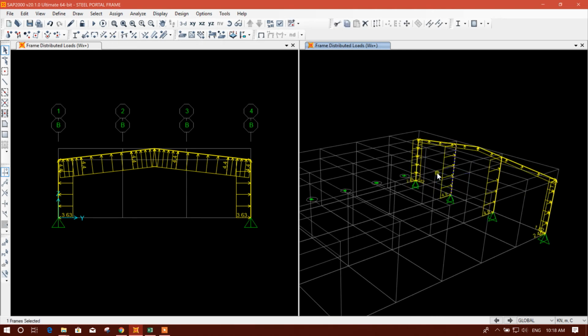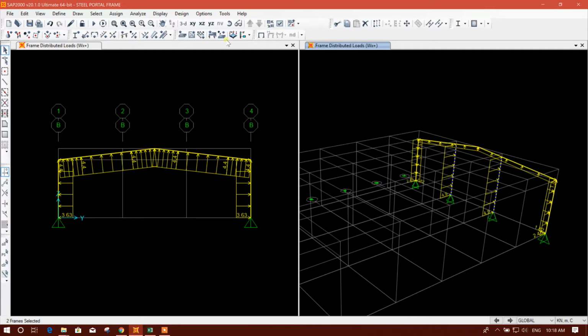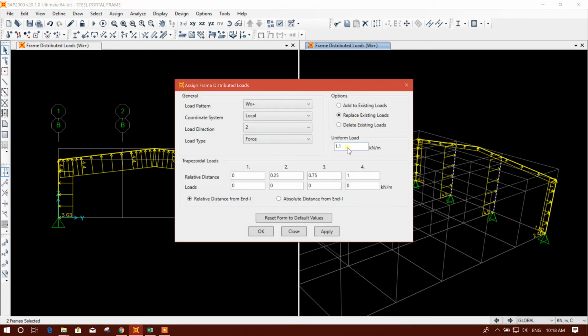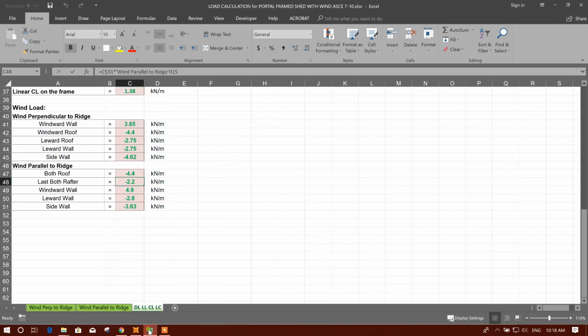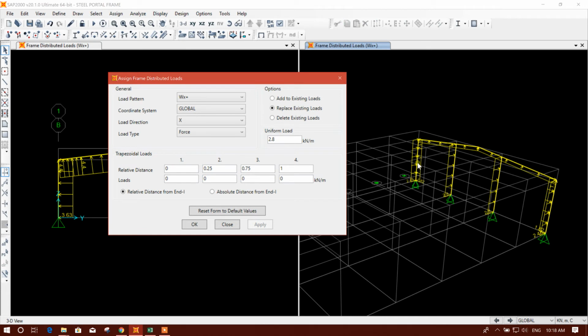First this load will be changed, like leeward wall 2.8, replace global along y direction. Leeward wall 2.8, apply, and this